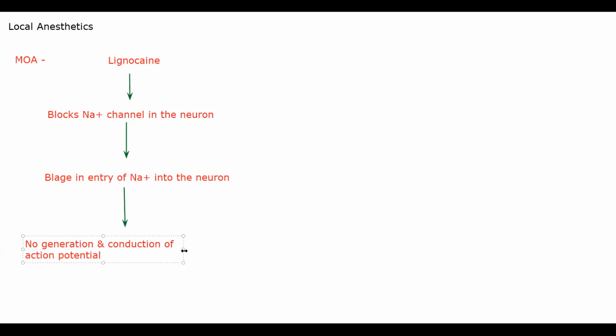I would suggest before reading this mechanism of action, if you are having confusion, go over your physiology once. Read what is impulse conduction, how impulse conduction occurs step by step, right? How threshold potential is achieved, what is depolarization, what is repolarization, what is hyperpolarization. It will become easier for you to understand what ions are going out and what ions are coming in. Why influx of sodium is important, right? So this is the block.